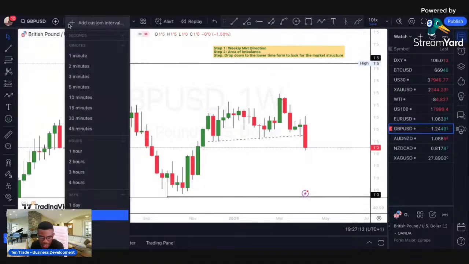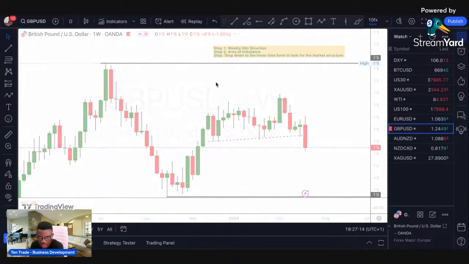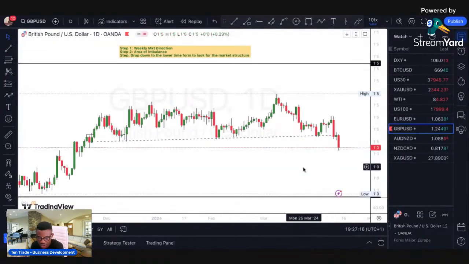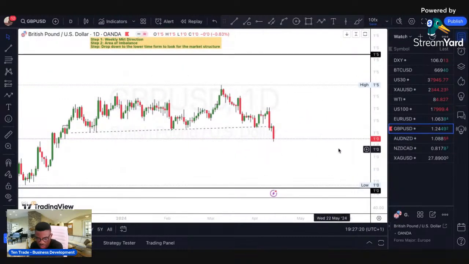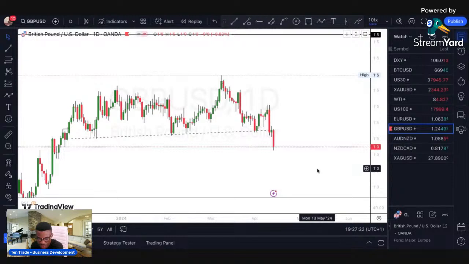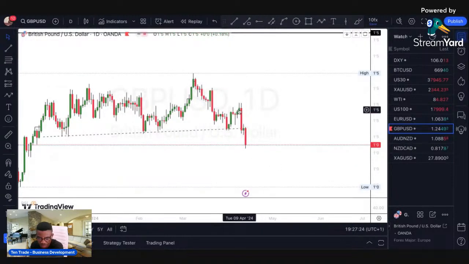So I come down again to the daily time frame to look. Is there area of imbalance that needs to be filled at the upside? I'll check carefully to see if there's any area of imbalance on the daily time frame. Quite a number of them. This is one of them. This is also another tiny one that was here. It was filled by this. There is nothing so far again I can see apart from this one. So this is the area of imbalance on the daily